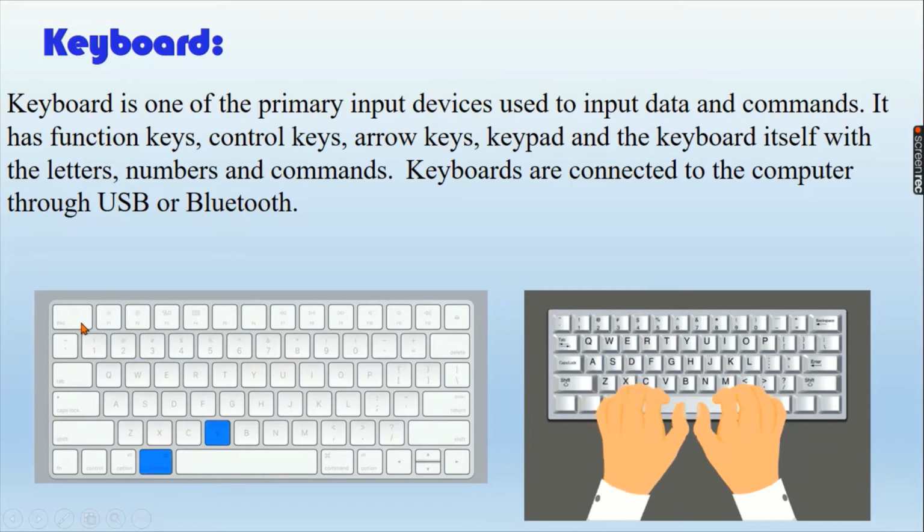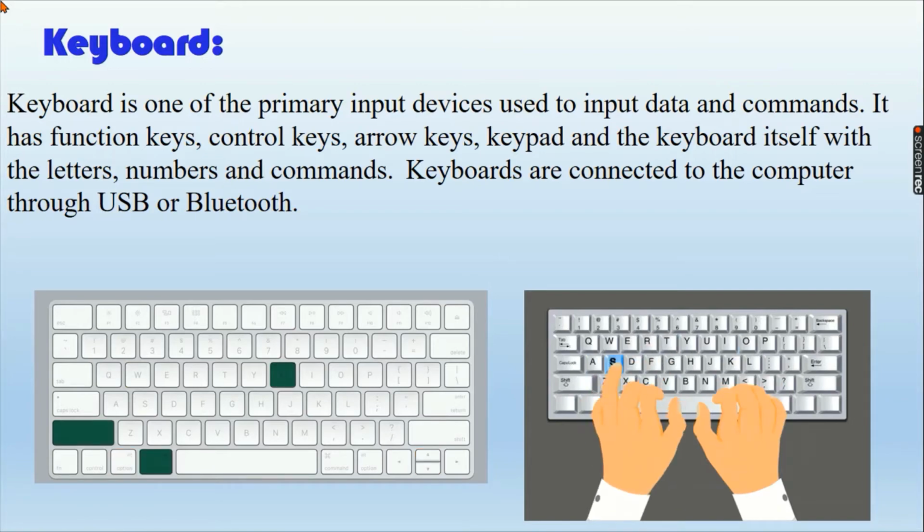On the top row, we can see F1, F2, F3, F4, and so on. After that, there are digit keys or numbers 0, 1, 2, 3, and so on. And after that, there are some special keys as well. They are called arrow keys. We can move across the screen. There are different alphabets as we can see, and there is a space bar also given there, and the control key and alt key. So the keyboard is the most common input device used to feed data in the form of alphabets and numbers into the computer. Or we can say any kind of text data can be fed through the keyboard.